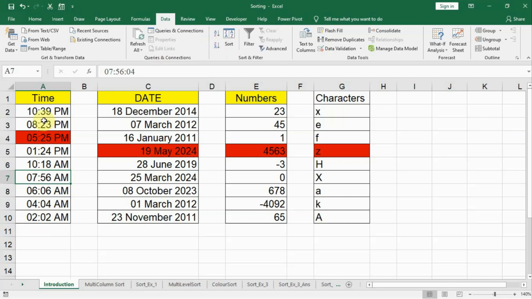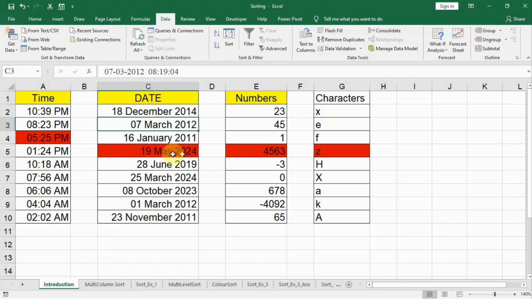Moreover, the important thing that you can note is the top row where "time" is given. Excel automatically identifies the top row as the heading and does not include it while sorting. It considers it different from the data being sorted. It considers it as the heading of the rest of the data. Similarly, let us try it in date.